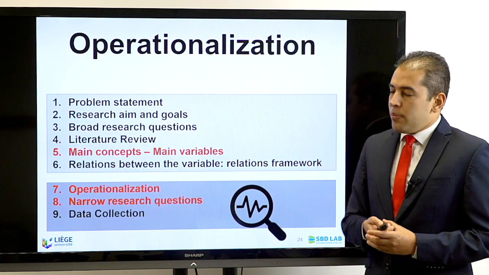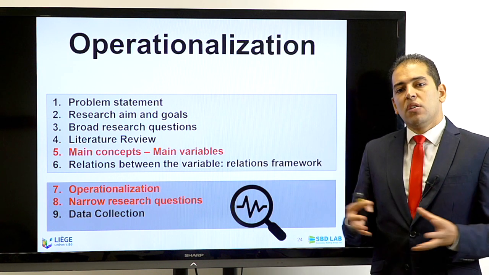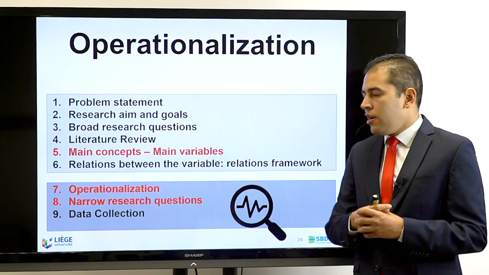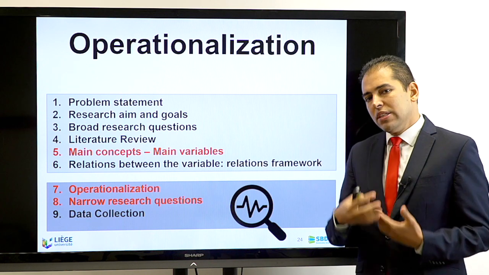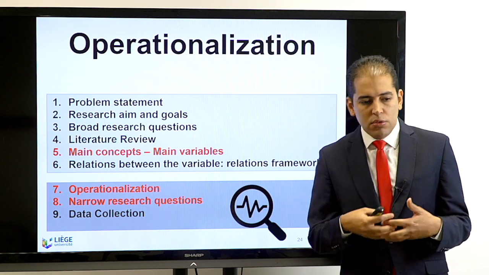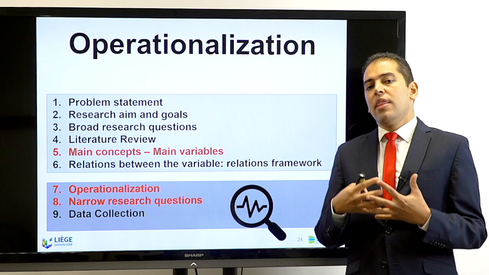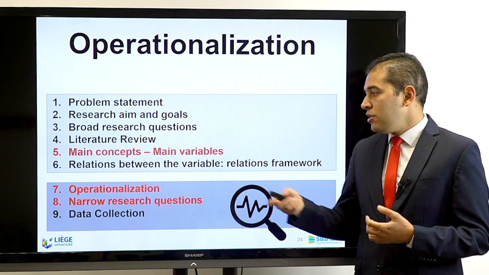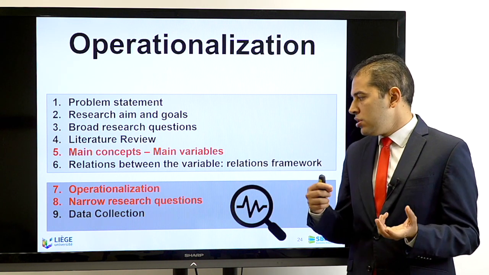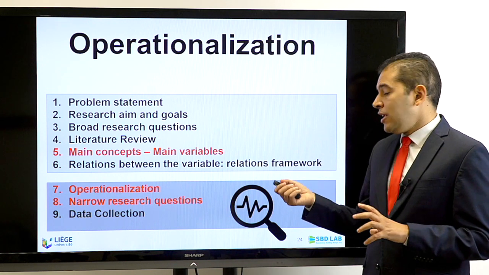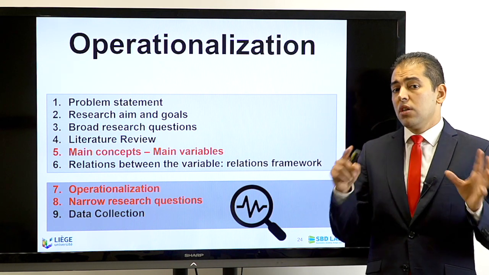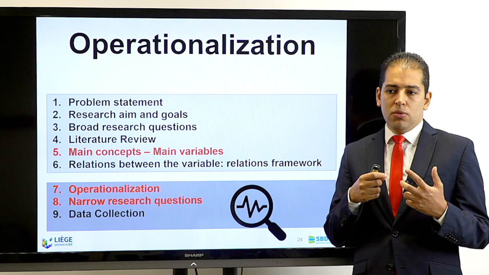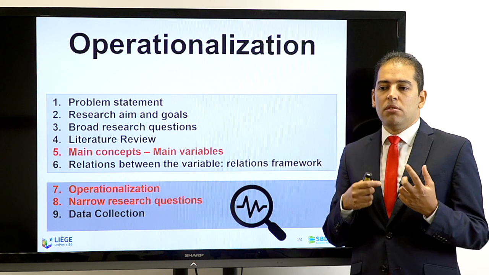Now this is an overview of the process of operationalization. If anybody is starting his or her research, you start with your problem statement, you set your aims and goals, you have a broad research question, then you conduct your literature review. From the literature review, you try to develop a basic or initial theoretical framework with concepts, main ideas and variables. Then you start to investigate the potential for relationships between certain variables, and you develop a relations framework, and this is still before starting. And once you have a hunch or a feeling that you want to investigate